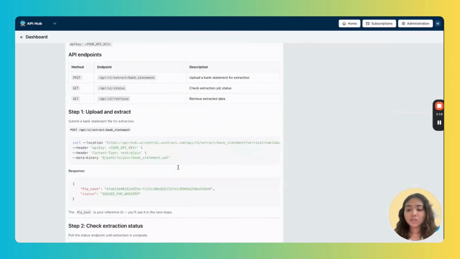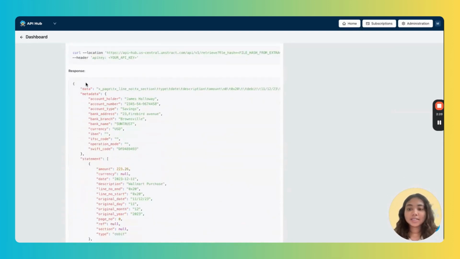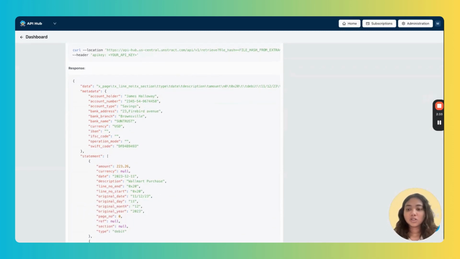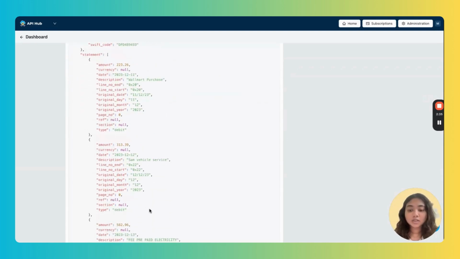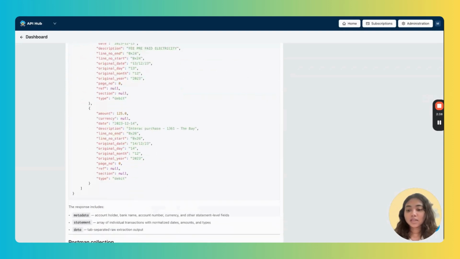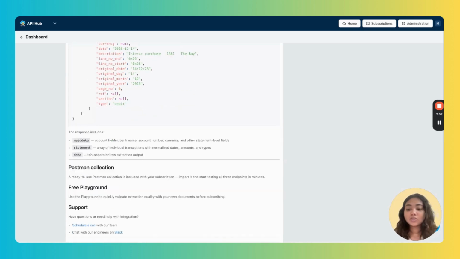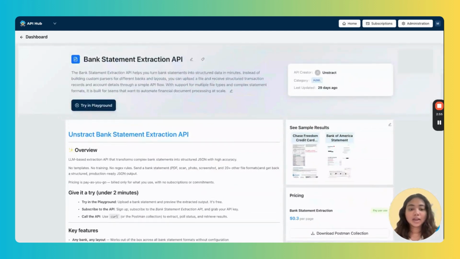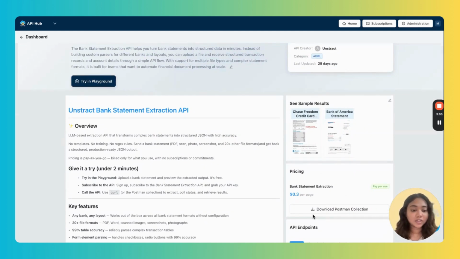And finally, if you scroll a little down, you have an extensive response given over here, which gives you an idea of how your response would look when you use this particular API. You can see that this API extracts multiple data fields from bank statements, and you have the complete response over here. In case any of these fields are not present in your bank statement documents, then you would be sent a null field value for that extraction. So this is the API, and you can try it out on the Cloud Playground, or you can download it as a Postman collection as well.